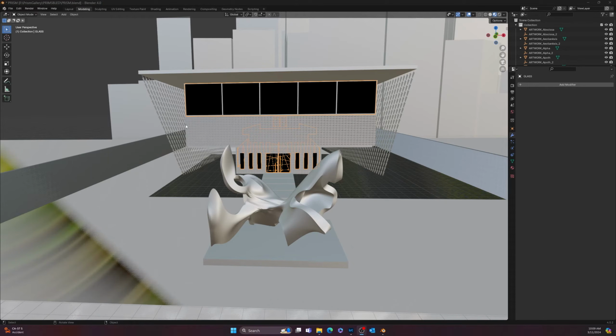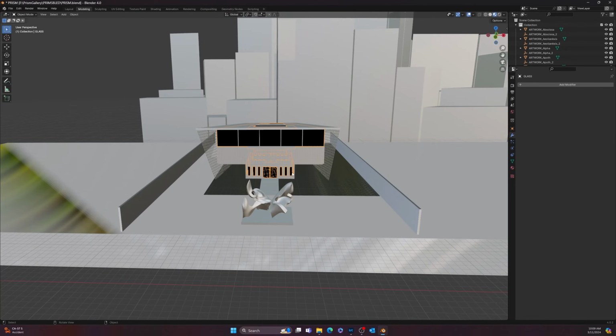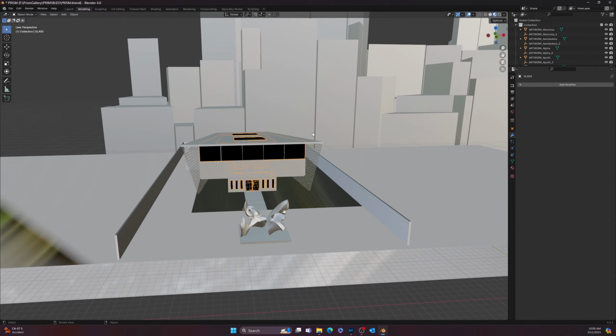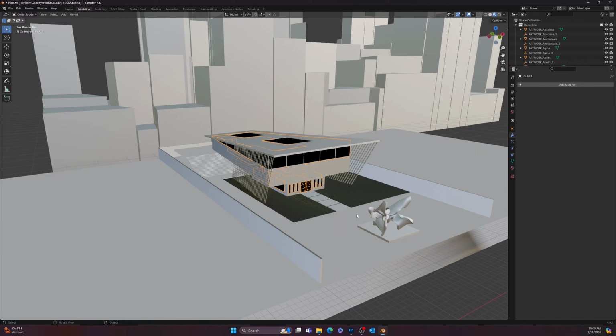All right, welcome back, everyone. So in this one, what we're going to be working on is materials. All right, great. So I'm going to start off with the most basic materials and move to more advanced